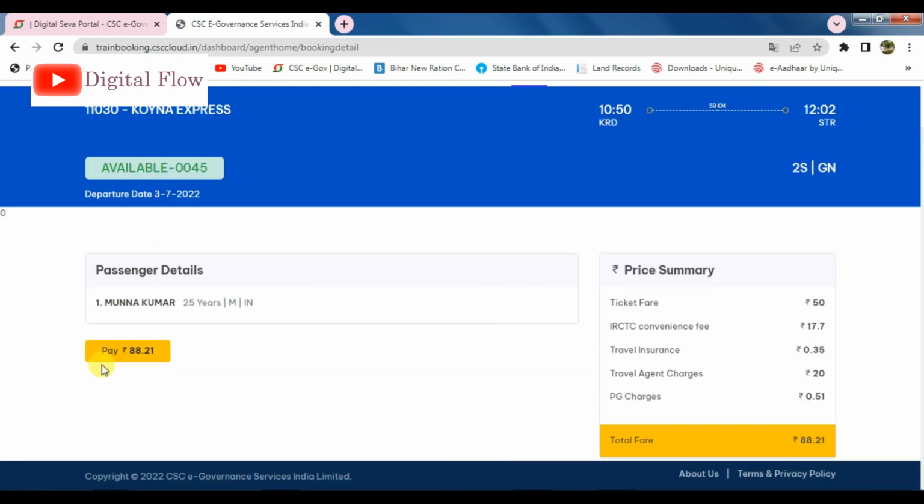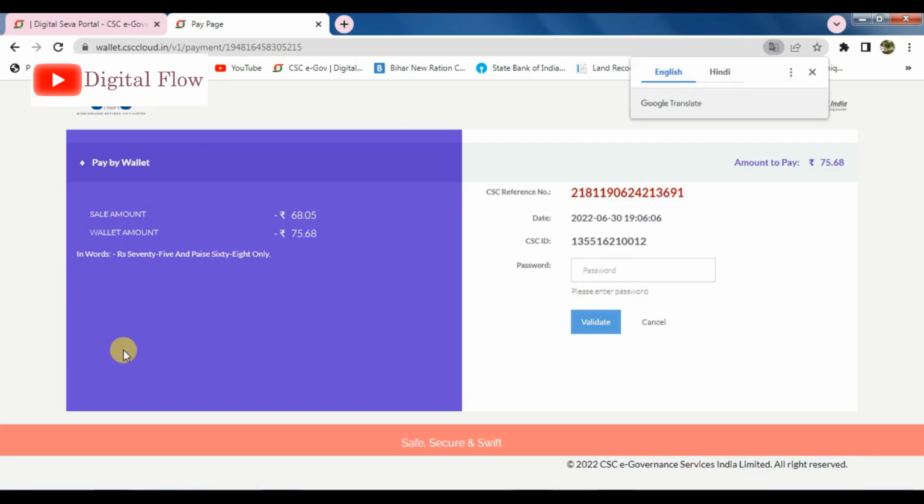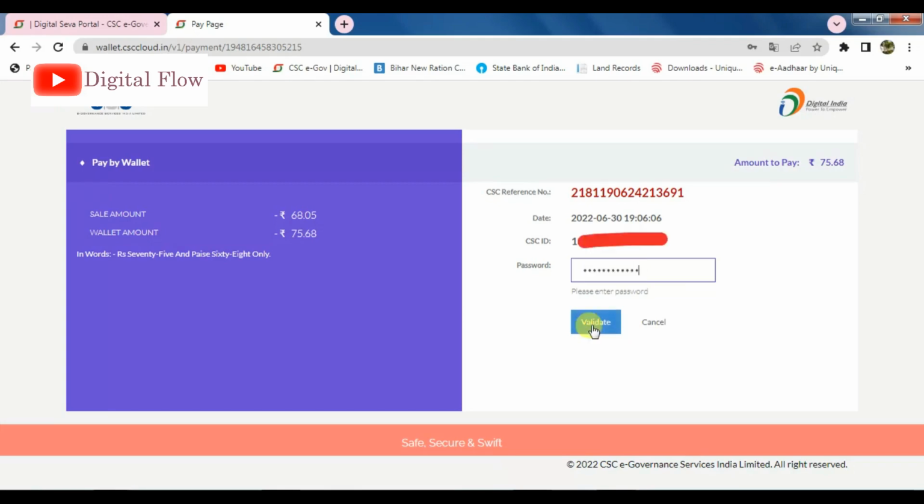Now I have clicked on pay. So we will go to the IRCTC CSC wallet ID. There we have to make the payment. So we have to put our CSC wallet password.